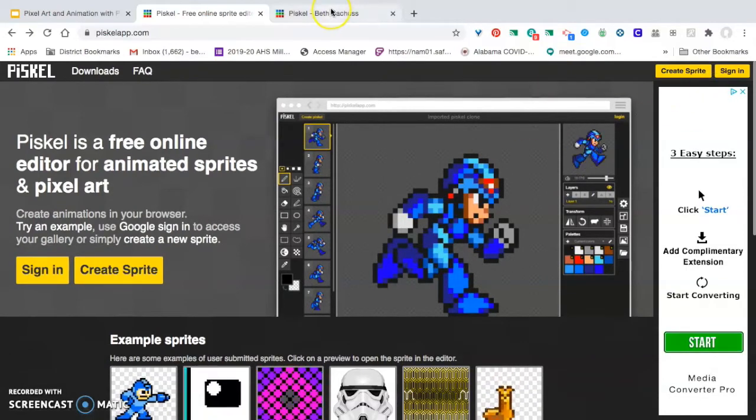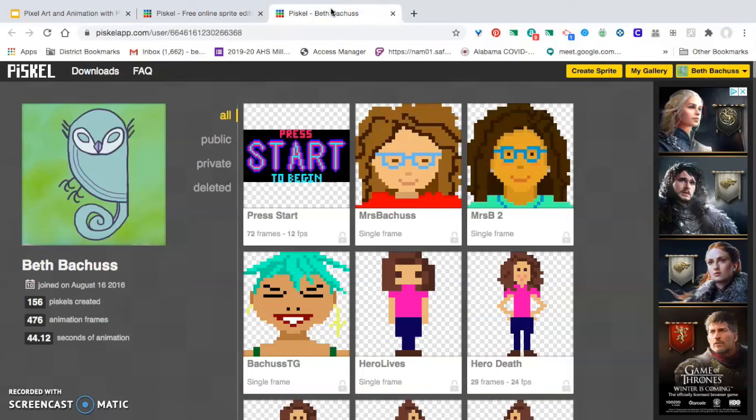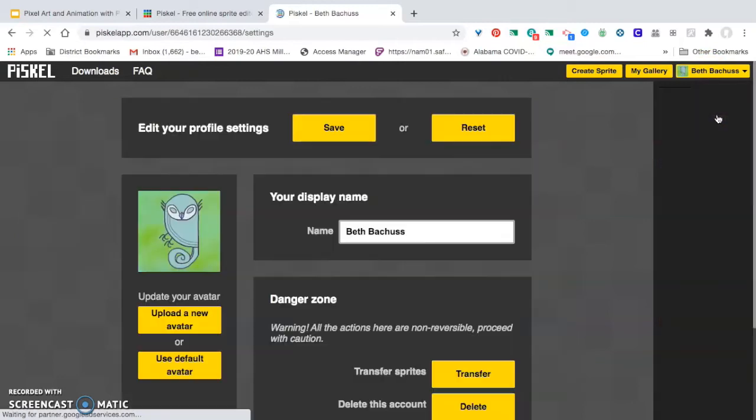I'm going to go ahead and sign in. I've already signed in. The magic of computer editing. I've already signed in here, and when you sign in, you arrive at your gallery. This is my gallery. We still have the same buttons up here, except now we have a My Gallery instead of a Sign In, which is where we are. We're in My Gallery. And you also have a Profile button where you can look at settings,